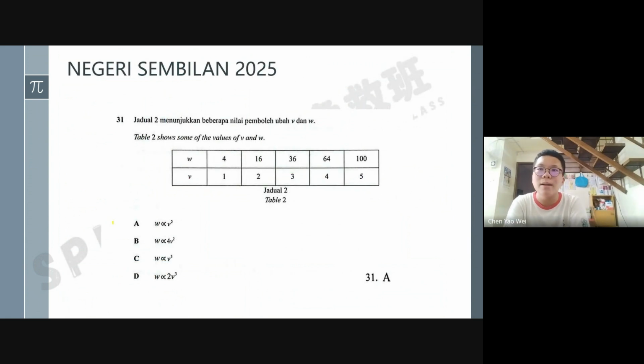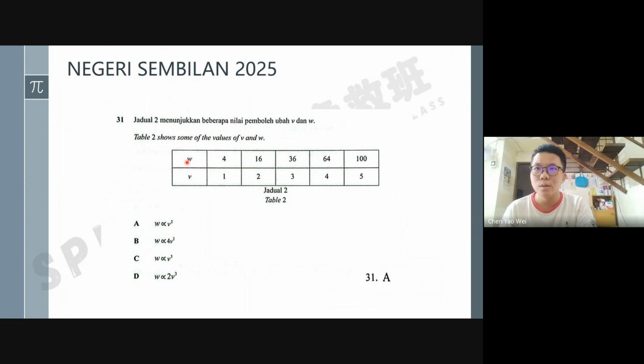Table 2 shows some values of V and W. Even though I give you answer, but please don't see answer first. I want to tell something. This question, your answer, but the question didn't come up. And the answer given is a relation form. Okay, first, you see the question. You didn't asking for anything. You just give you the answer like this. How you do? Okay. To understand about this question,